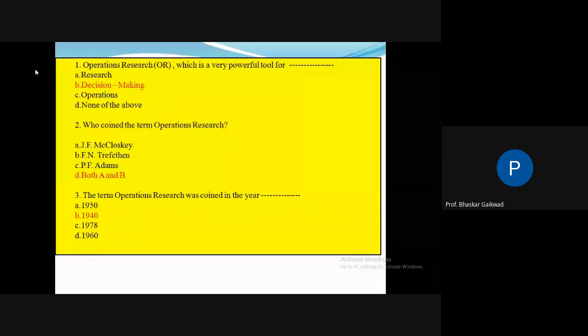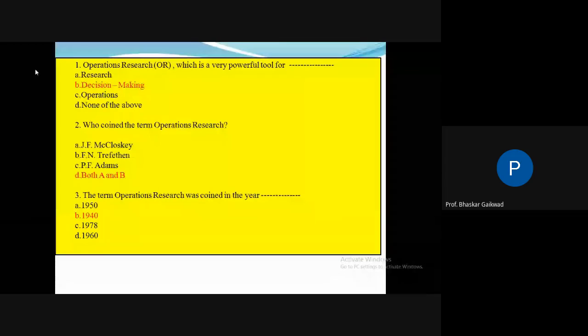Okay, so operation research is a powerful tool in industry for decision making. This concept is used at the top management levels. Then, who coined the term operation research? Some scientists have given their efforts to develop operation research. So the answer D is A and B. Two scientists gave the name for the research in this